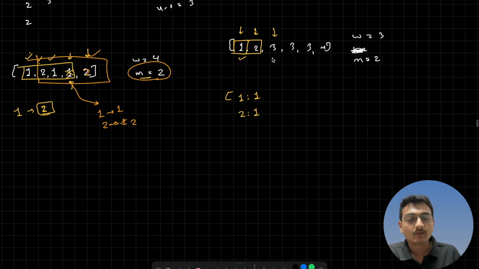I will go here. What is the occurrence of 3? I think the occurrence of 3 is already 0, so I will keep it. Keep it. Super. Now I will go here, and once I go here, I will remove this part because